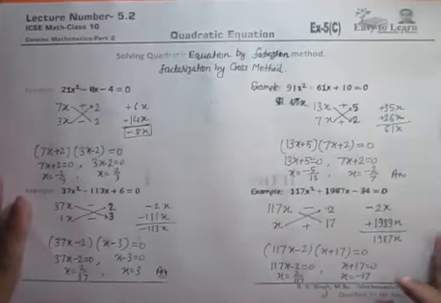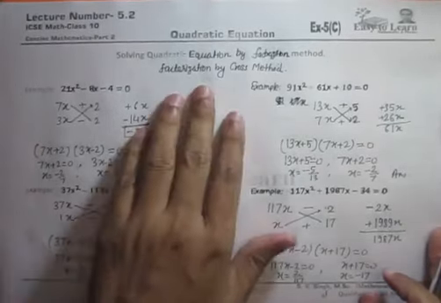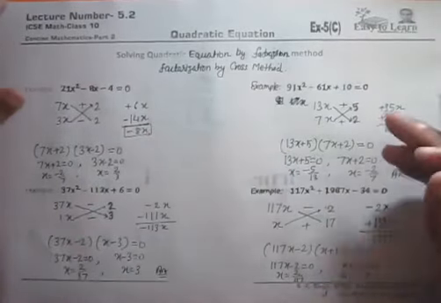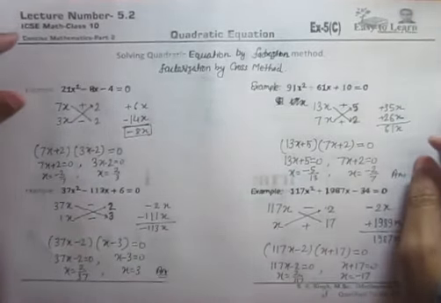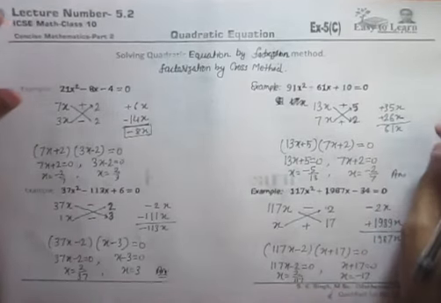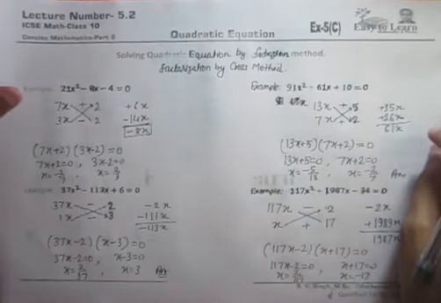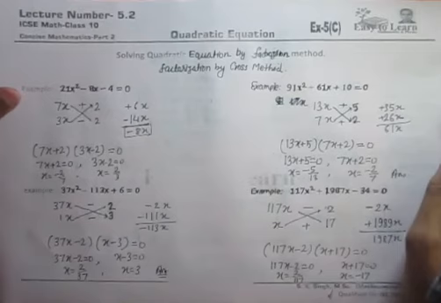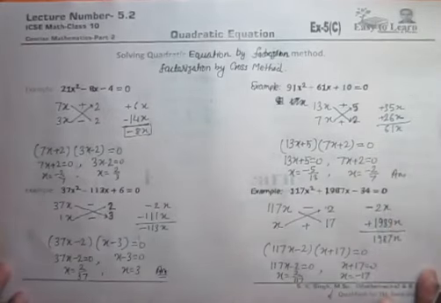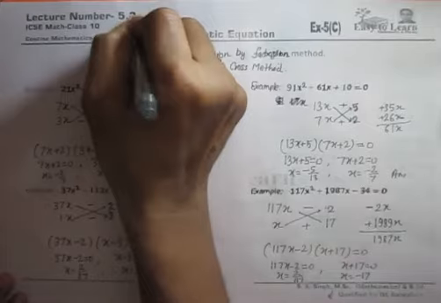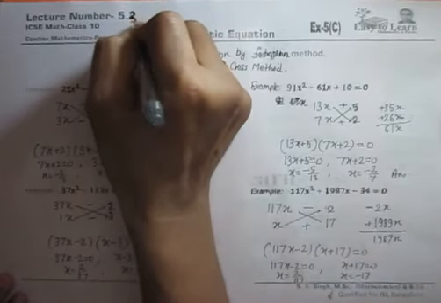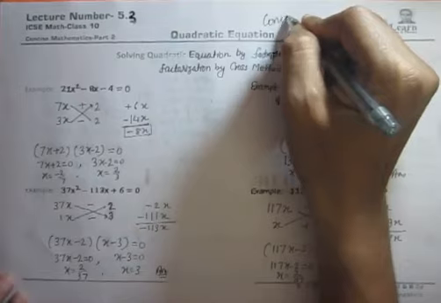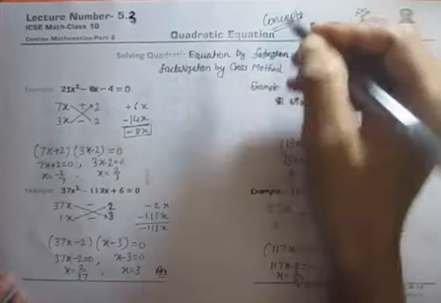So this method of factorization is called factorization by cross method, and in some questions this method is also very useful when coefficients are large. And in mathematics you cannot ignore any method. Each method has its own merits. So we have given the concept of factorization. Now in the next lecture we will solve questions. It is lecture 3. This was the concept. Thank you.